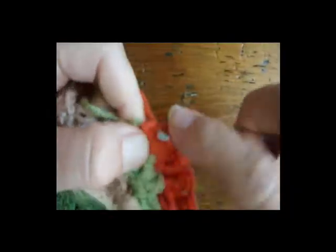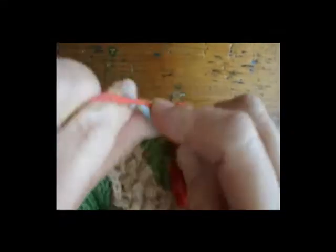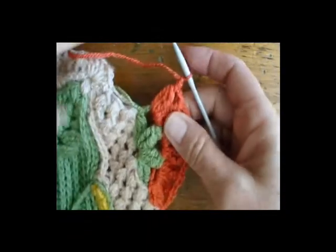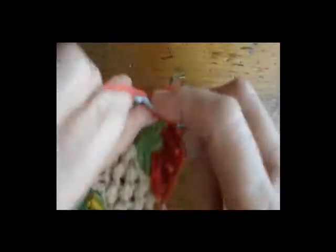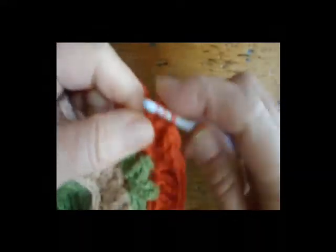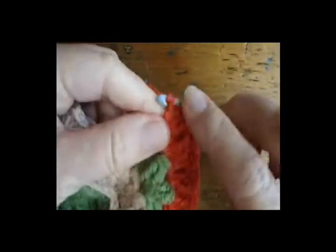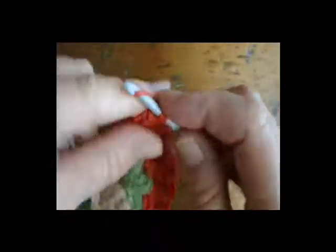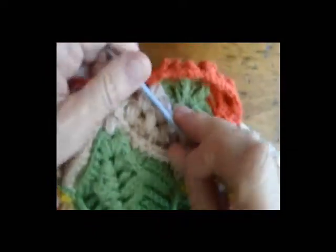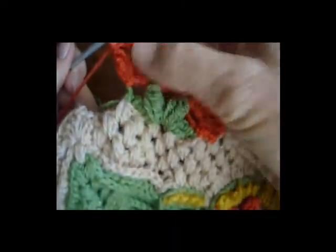Right, 1, 2, 3, chain 1, 2. I'm kind of hoping maybe with this new camera that the colours will be a little bit better than my old one. Okay, so now we've done our 9, so you can see we have 3, 6, 9 separated, and